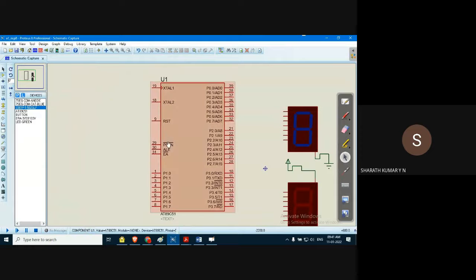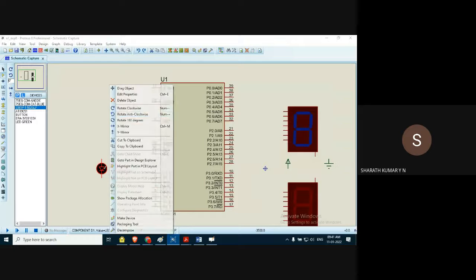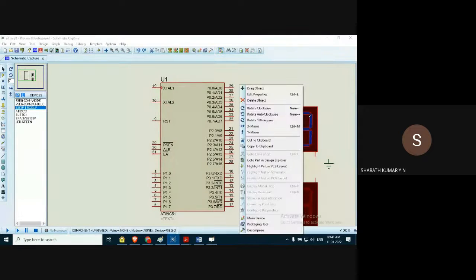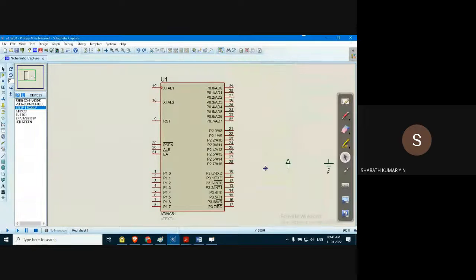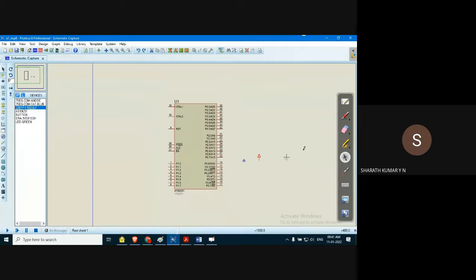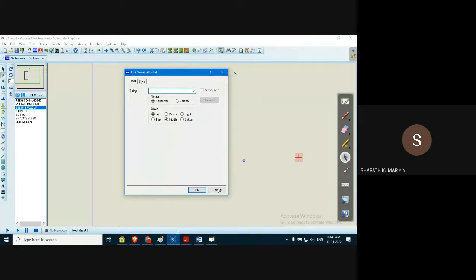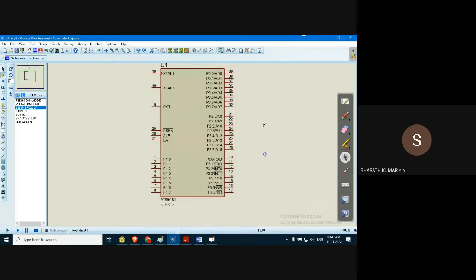I wanted the potentiometer. Yes, correct. It's already there here, no issues. I can pick it again. Delete object. Delete object. I require this VCC ground, so let me not delete this, and I'll place it somewhere here so that I can connect it. Okay, because now when it comes to the microcontroller, how to make the connection.